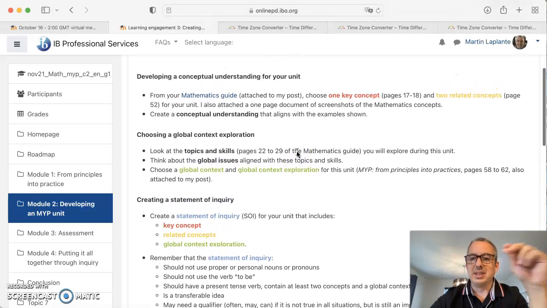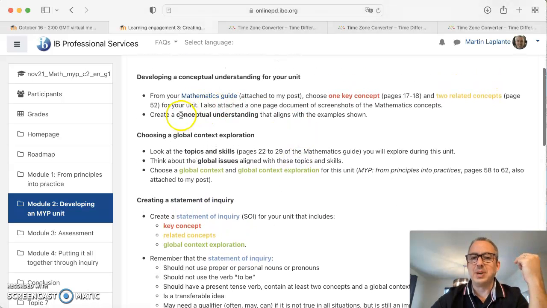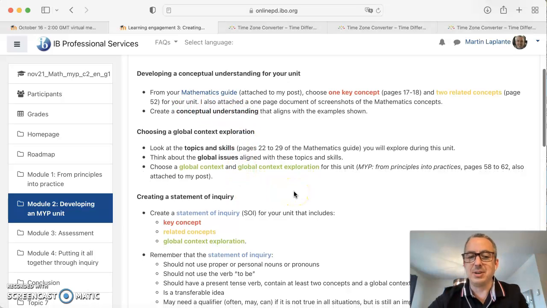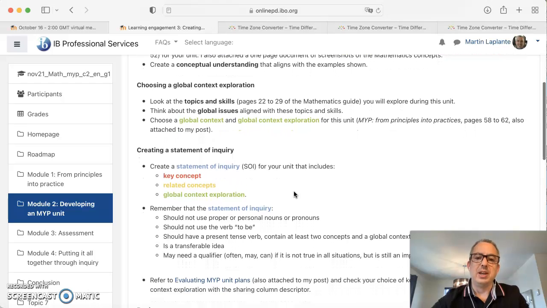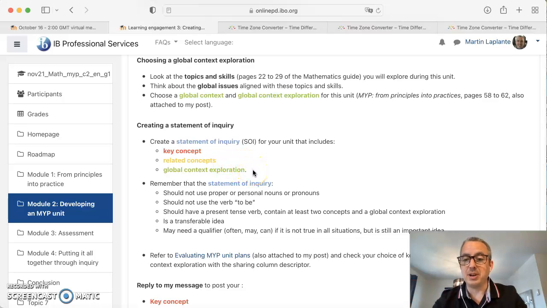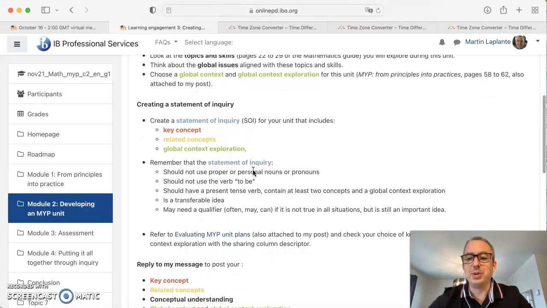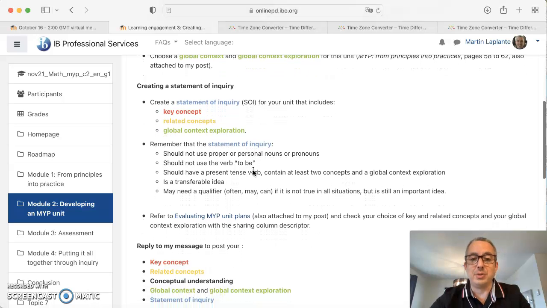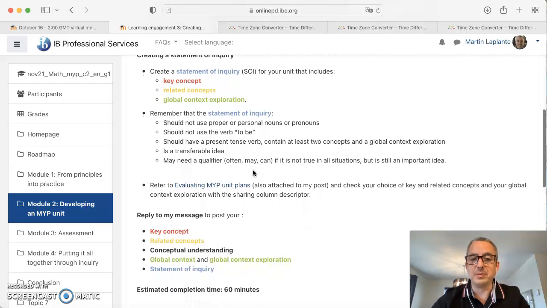Once you've chosen these, you will have to create a conceptual understanding and a statement of inquiry. Of course, there are resources in the module notes in order to help you. And the statement of inquiry includes the concepts and the global context exploration. It does not include our mathematical topic. So you have to leave it without the content of your unit, just about the context and the concepts that we will use.